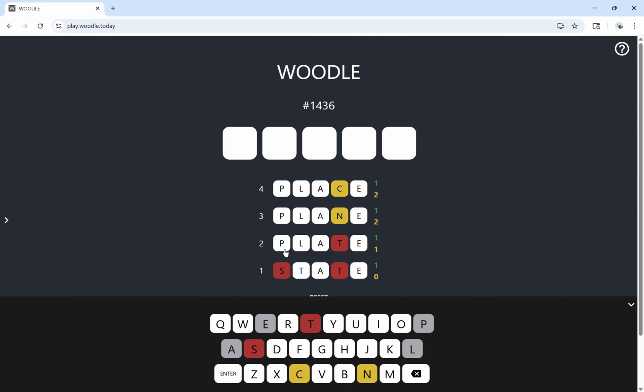We know one of these is yellow. Probably not the P, because the PLA and E give us 2 things. And it could be the P as well, actually. So the P could be it, or it could be the L. So it's either a P or L. There's a C, there's an E, N, and it's either a T, A, or E in the right spot. Moving from here to here,